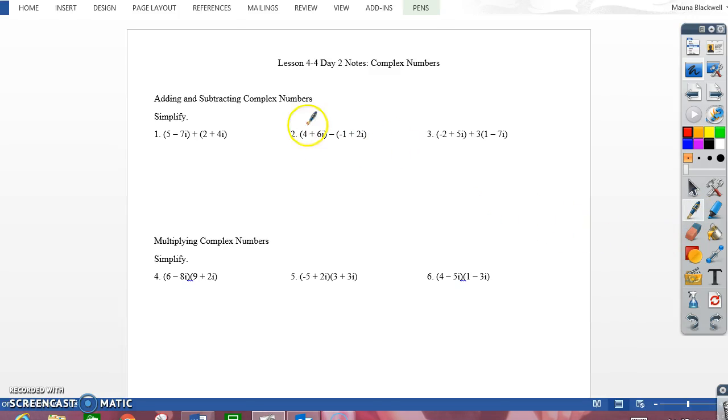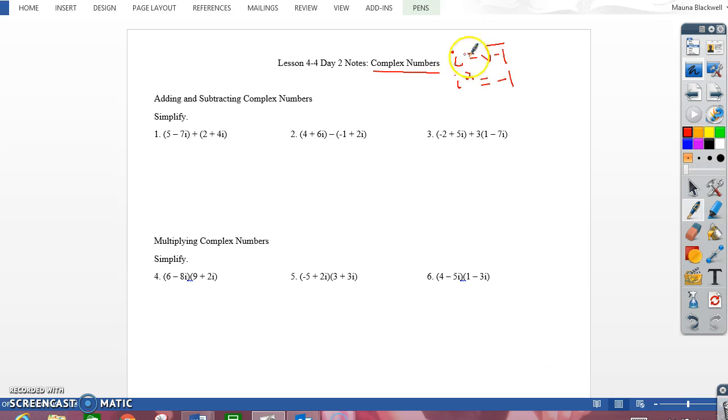Okay, so on Lesson 4-4, Day 2 notes, complex numbers, we're going to continue working with what we started yesterday. So remember that i is the square root of -1, and i squared is equal to -1. Okay, so when I look at this, it says adding and subtracting complex numbers. So this is just like what you did before if this said 5 minus 7x plus 2 plus 4x. We're going to treat those as variables, but in the end, when we simplify, we know that i is the